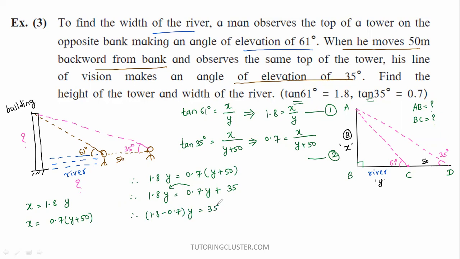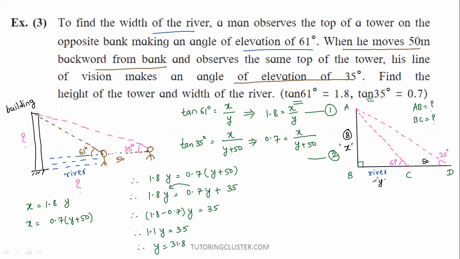What is 1.8 minus 0.7? 1.1. So 1.1Y is equal to 35. So what will be Y? 35 divided by 1.1, which is nothing but